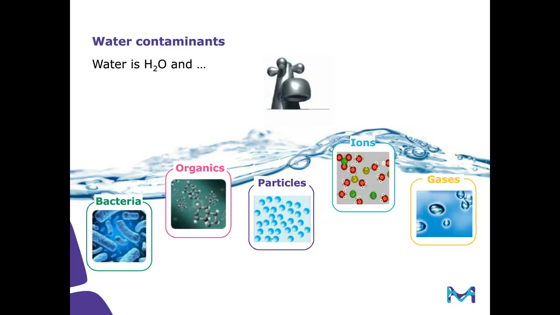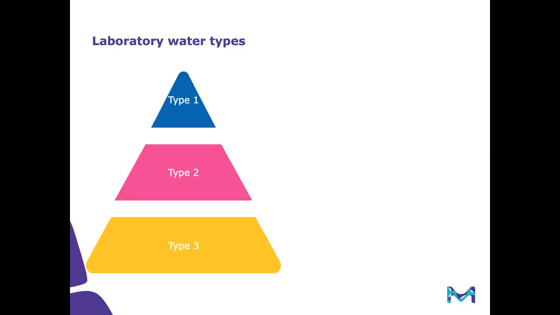Okay, so there are different types of purified water available. So in order to make things a little bit easier, usually manufacturers of water purification systems divide the waters into 3 different types. So the type 3 at the bottom of this pyramid is water that is really greatly purified. In most cases, it's already purified up to 90%. This is, for example, the type of water that is generated by reverse osmosis.